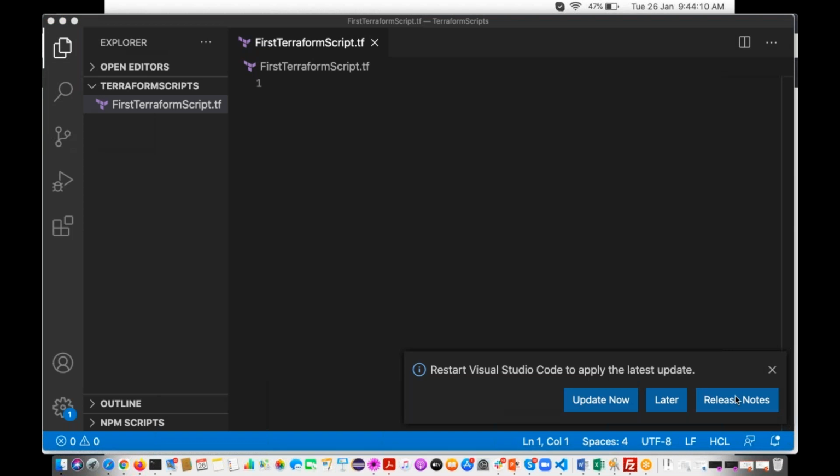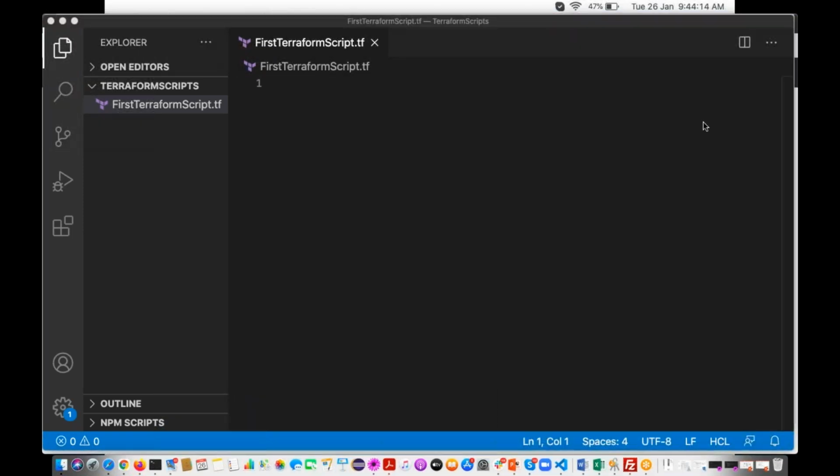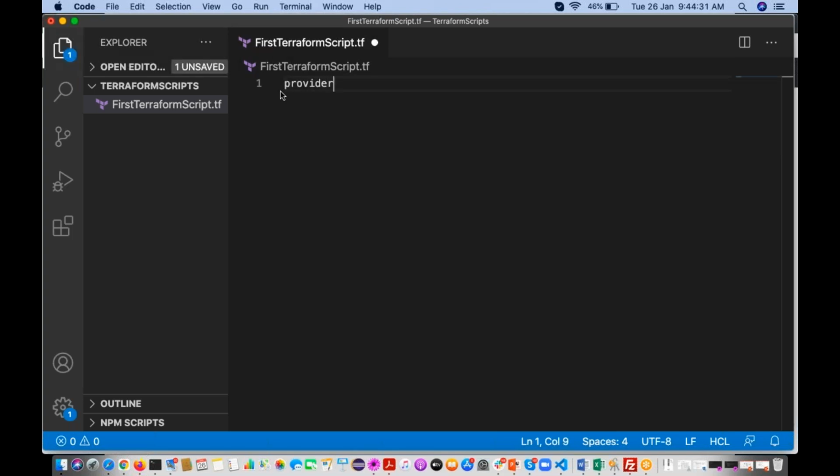Okay, already we know Terraform script will support many cloud providers. So here we need to mention where this script needs to execute. For that we are going to use the provider section.